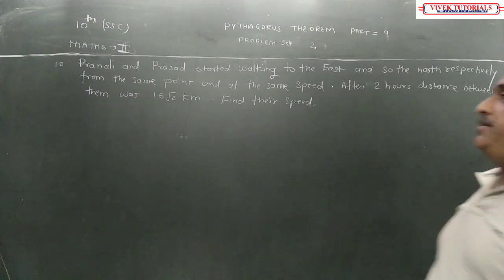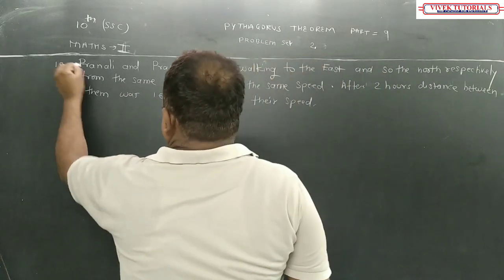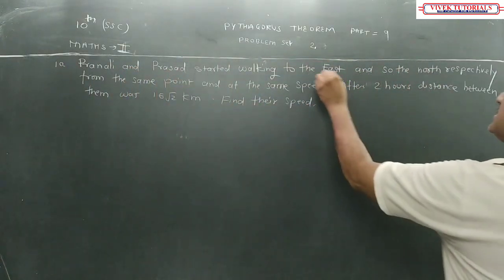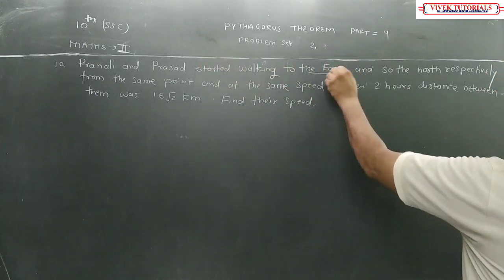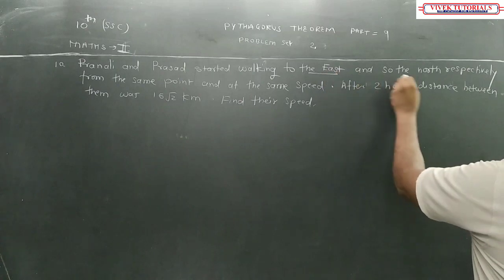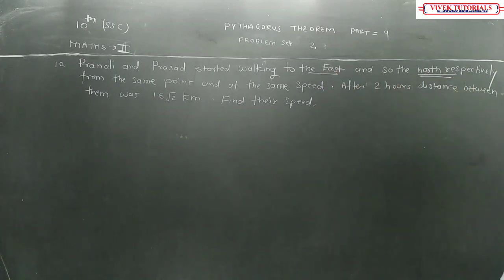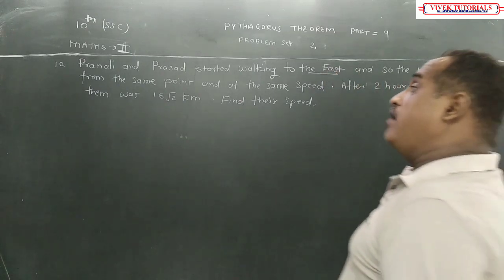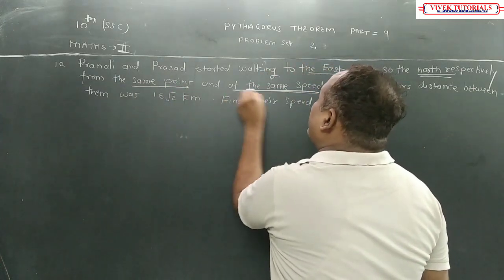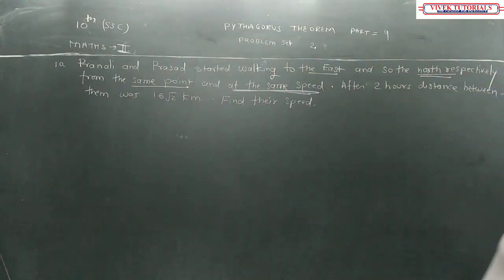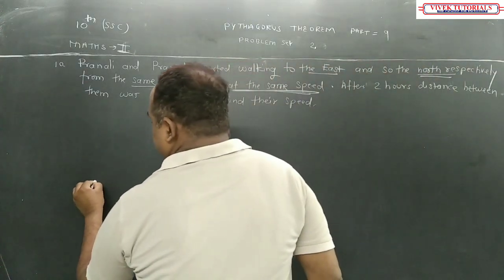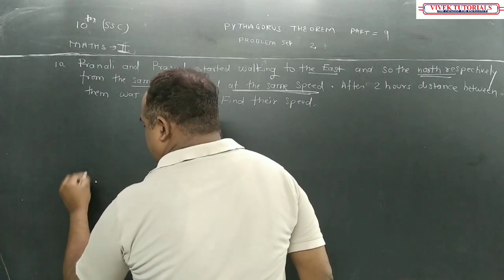Now the 10th question. Pranali and Prasad started walking. Pranali started toward the east and Prasad started walking towards the north, from the same point and at the same speed. Very important: same point and same speed. So if I take B as the starting point,